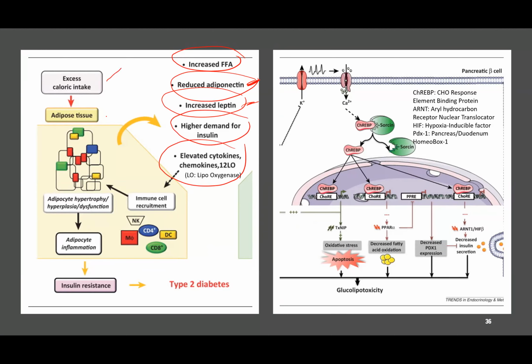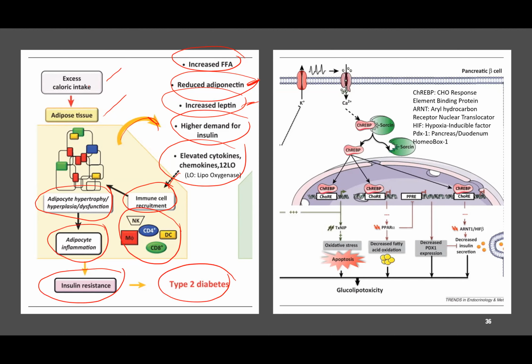Excessive intake of calories, adipose tissue, and that produces all these things. And then adipocyte hypertrophy, hyperplasia, and these act on the immune cell recruitment also, and CD4s are also affected there. Adipocyte inflammation occurs, insulin resistance, type 2 diabetes. So what is that? Reduce excess calorie intake and increase the exercise and don't allow the body to accumulate excess